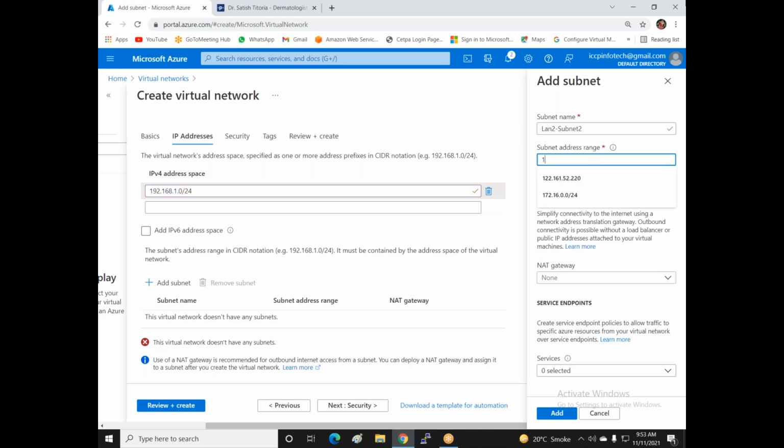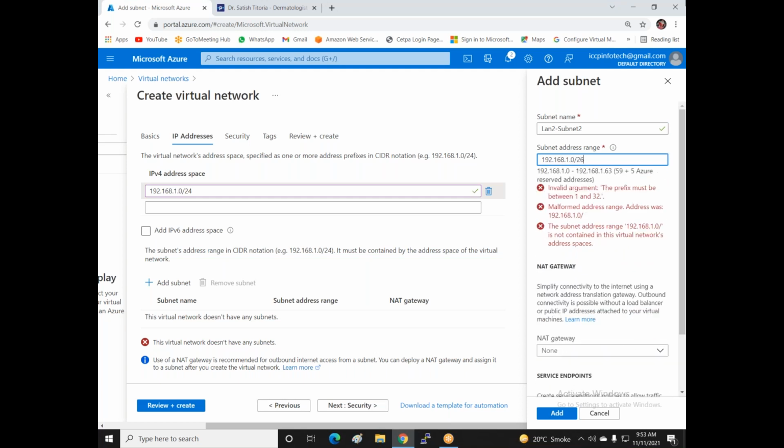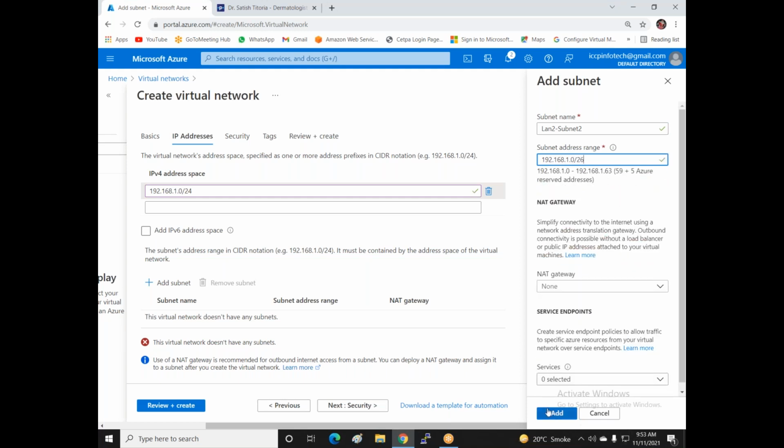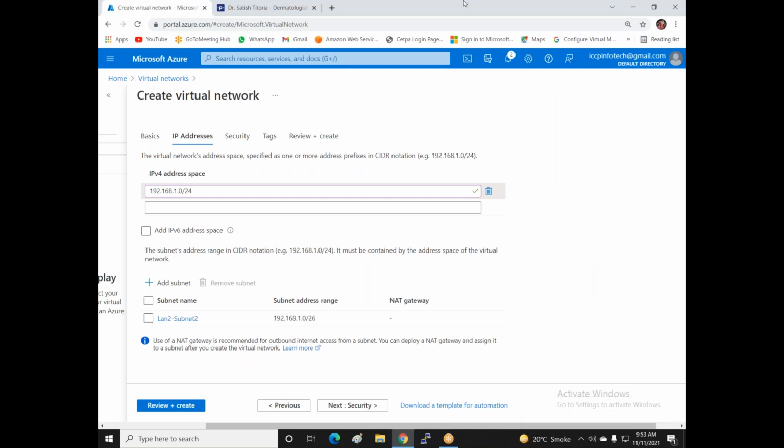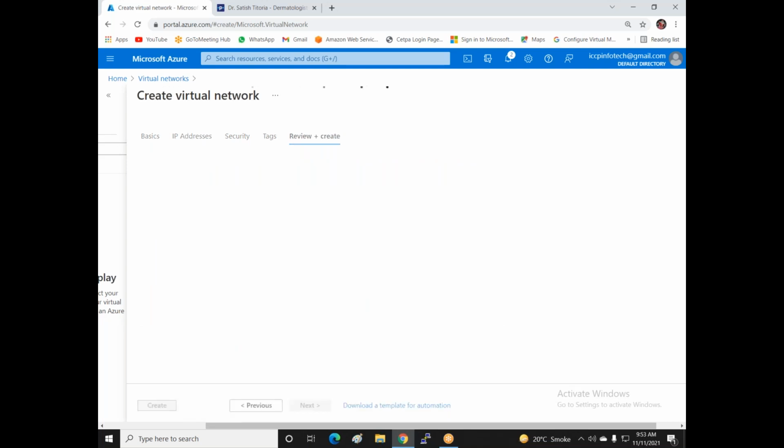And I put the IP 192.168.1.0/26. Now add, now review and create.